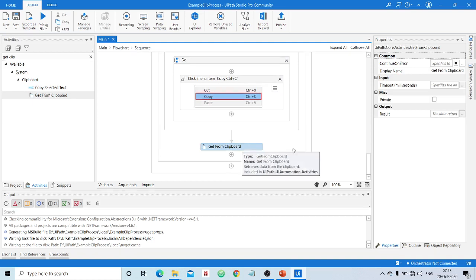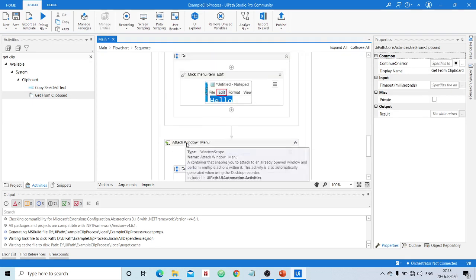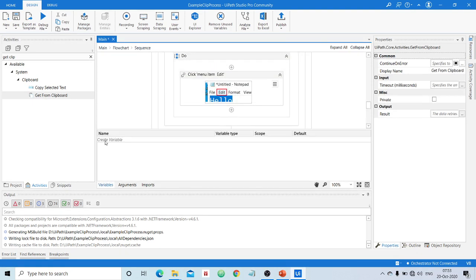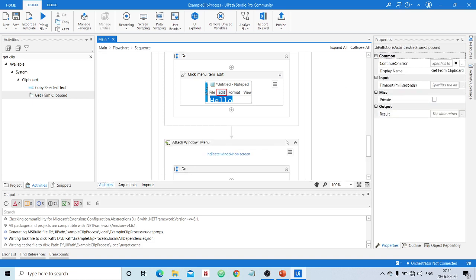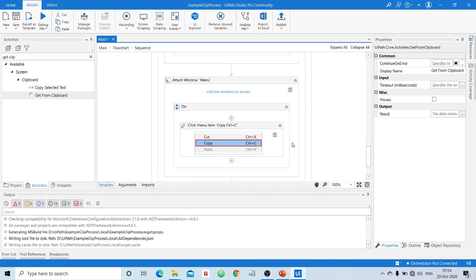In order to store that result, I will create a variable called result, or I can use res itself, no problem. Let the scope be desktop itself, or you can choose the flowchart at a higher top level or sequence level. I will go with the flowchart level, in order to make my job simpler.